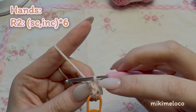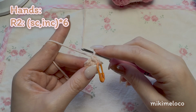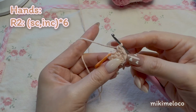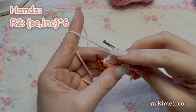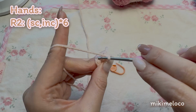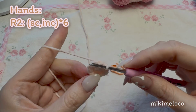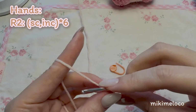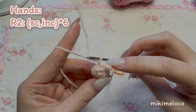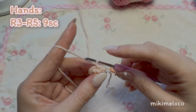Okay. Now from the side you can tell 1, 2, 3. These 3 stitches make 1 pattern, and we need to repeat it for 3 times. Okay. And after you are done with the last increase, you take off the stitch marker and again insert your hook, make a slip stitch, you can tighten it, and don't forget a standing stitch. Okay, so now we are done with our round 2,